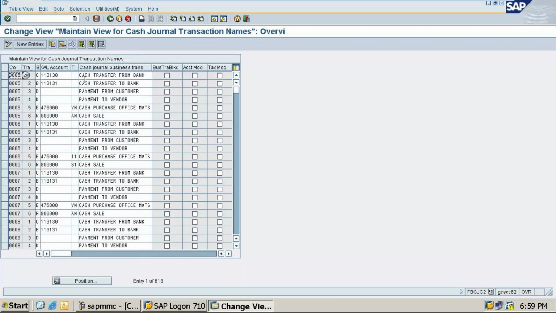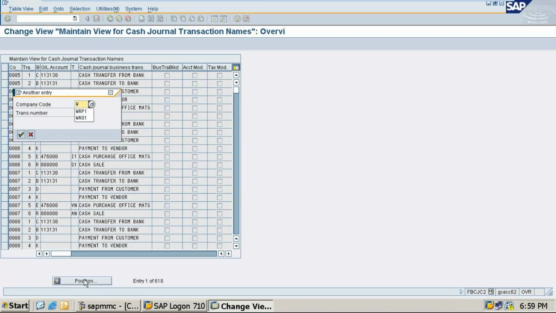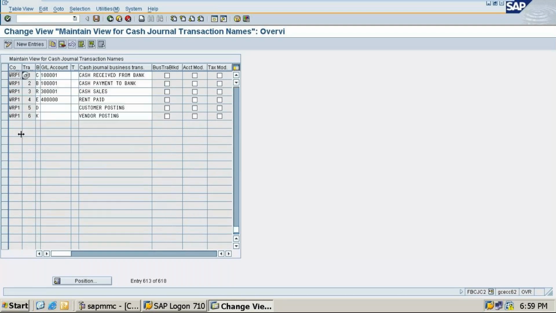According to that you have to set, and here you have to give your company code. And according to that you have to select this. I will show you what we have created now. So company code WRP1. Okay. So here click on this. Now you can see the transaction number is automatically getting updated. Understood, students? I did not update the transactions automatically, it has been set. So at that time you should not change the transactions.